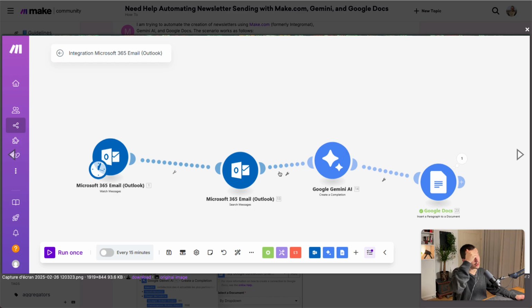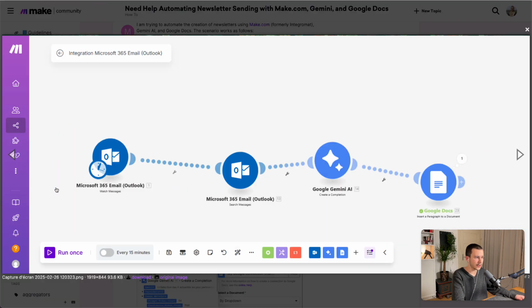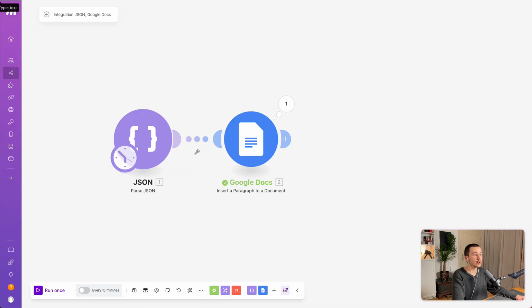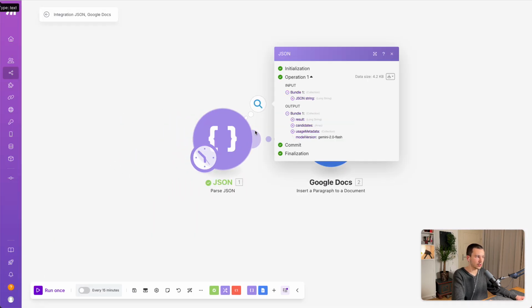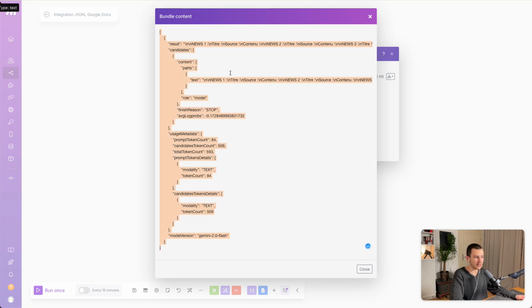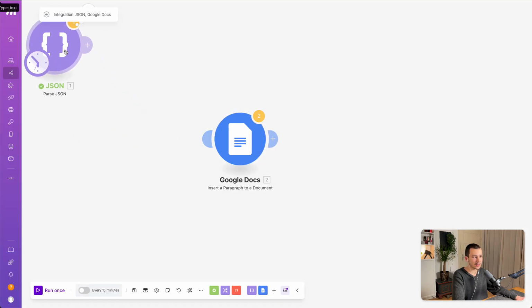So what you would want to do is run this module once, so get the output of this module right here, the first one, the one that's annoying to trigger, right? And then you would do the exact same thing. Let's say this was your first module, your Outlook module. You would just click here, click on download output modules. You copy this whole thing, and then you disconnect, you unlink it, and you put